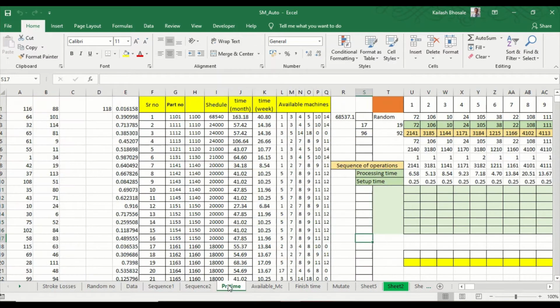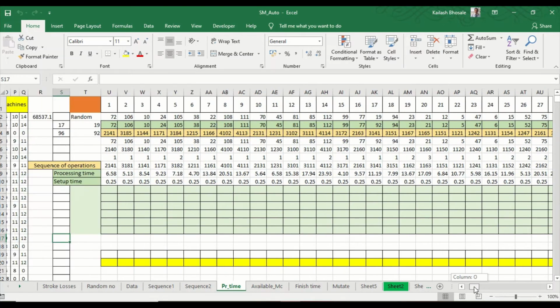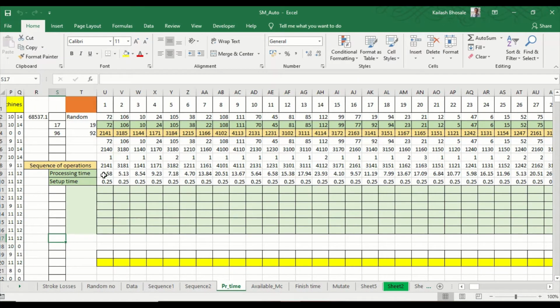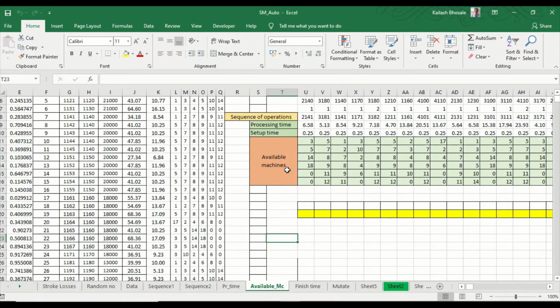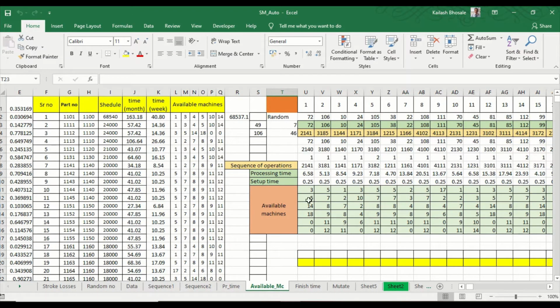For these sequences of operations, the processing time is calculated, and also the setup time, which is taken to account for changeover. For performing each operation, these are the available machines. Suppose for part number 1101, these are the machines available, and on these machines we can perform the operations.